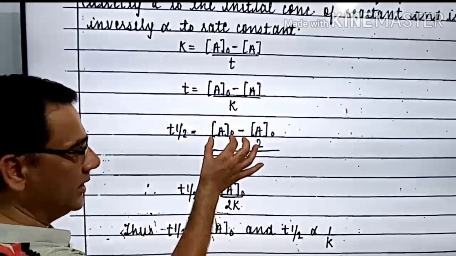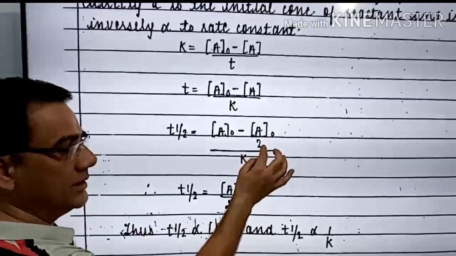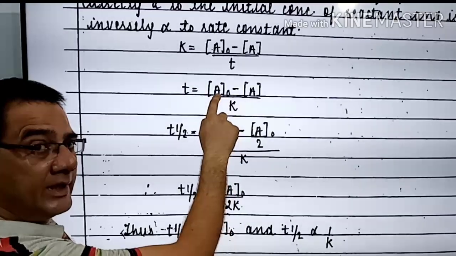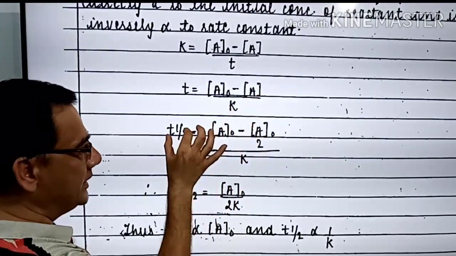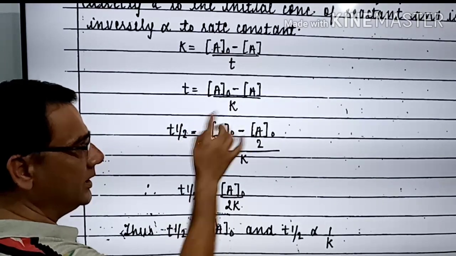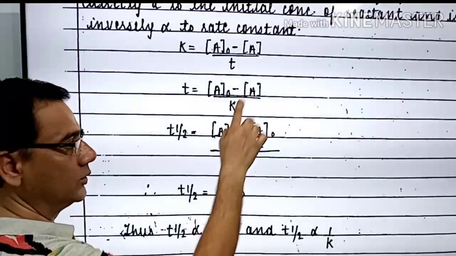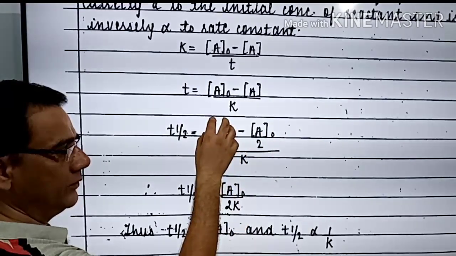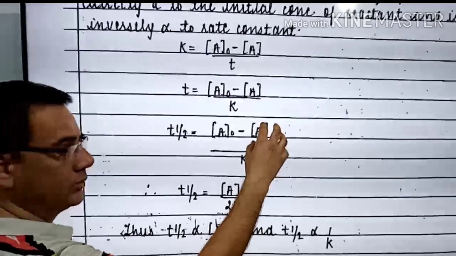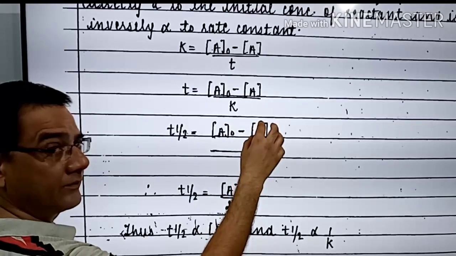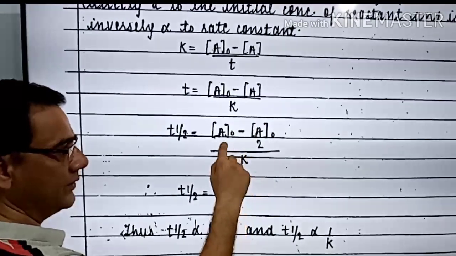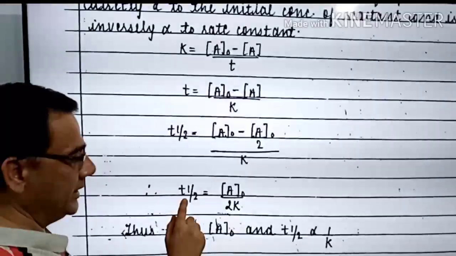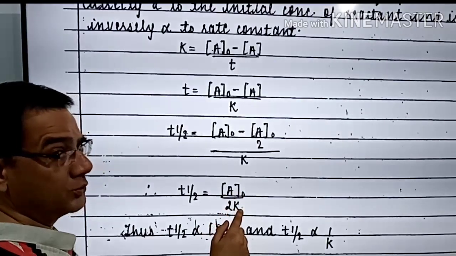अगर ये आपका इनिशियल है तो ये जो ए है दैट विल बी ए इनिशियल बाई 2. अगर ये 100 है तो 50 रिएक्ट करेगा और 50 बचेगा. टी हाफ पर जो वैल्यू बचती है वो कहलाता है ए. तो दिस इज ए इनिशियल एंड दिस इज ए इनिशियल बाई 2. दिस इज 1 फुल इनिशियल, दिस इज ए इनिशियल अपॉन 2. तो 1 फुल इनिशियल माइनस half initial, then what is left? Half initial, meaning A initial by 2. So this is A initial by 2. So we get the expression T half is equal to A initial upon 2K.